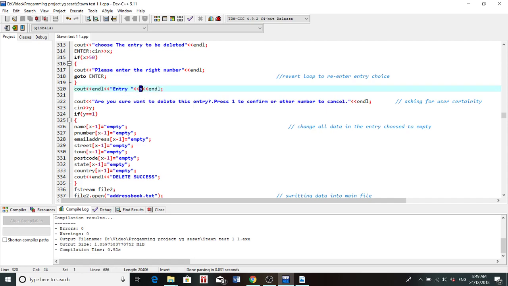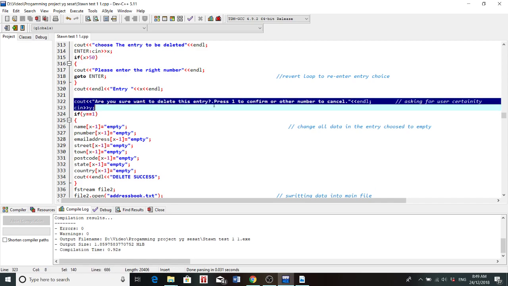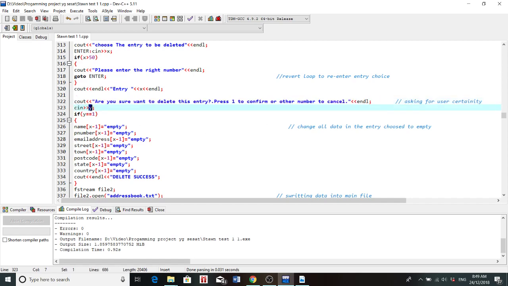For example, he chooses 1, then entry 1 will be shown here. And then we tell the user, are you sure to delete the entry here? And here are the choices, the integer that we declare as y is the choices. So here if the user key in 1, which confirms